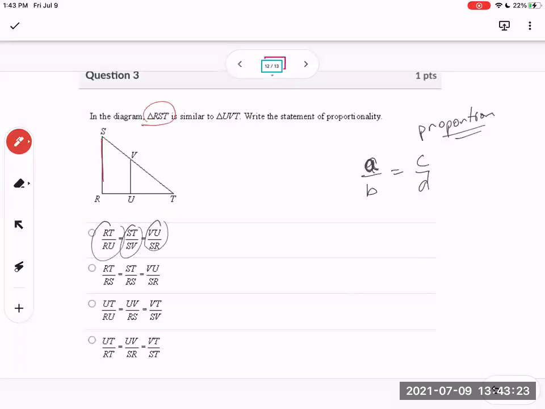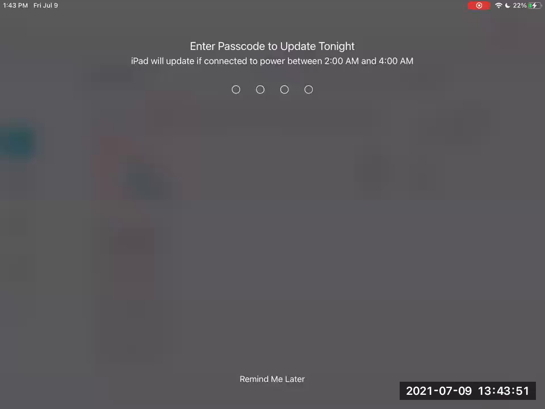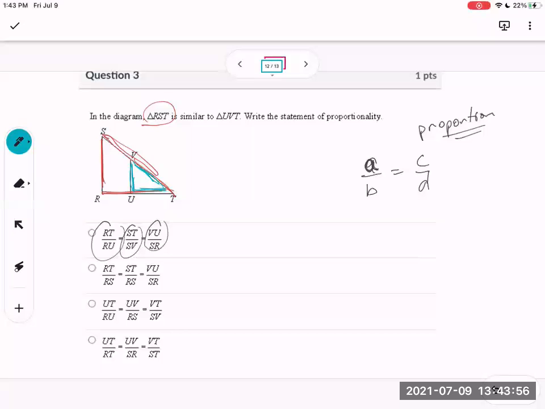RST, that's this red one, is similar to UVT, this blue one. So that means that the proportions of RT, whoops, dang it, hold on. That means that